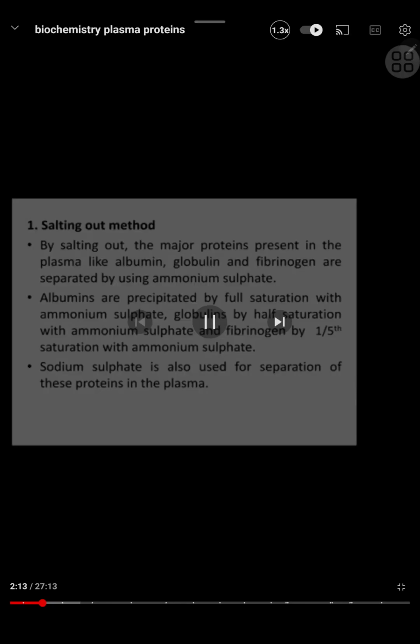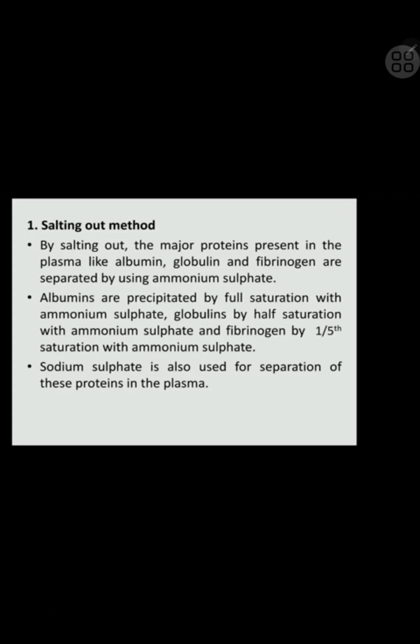Coming to the salting out method. By the salting out method, the major proteins present in the plasma like albumin, globulin, and fibrinogen are separated by using ammonium sulfate. Sodium sulfate is also used for separation of these proteins. Albumins are precipitated by full saturation with ammonium sulfate, globulins by half saturation with ammonium sulfate, and fibrinogen by 1/5